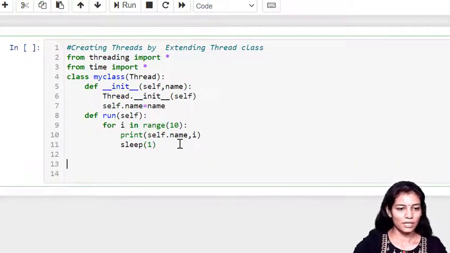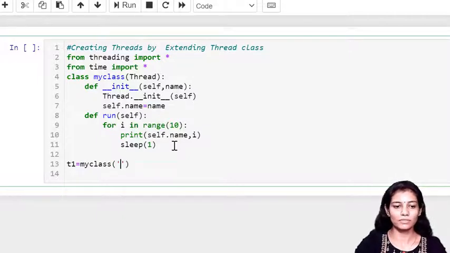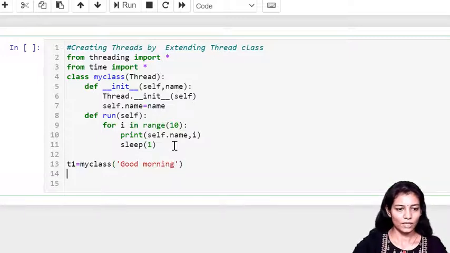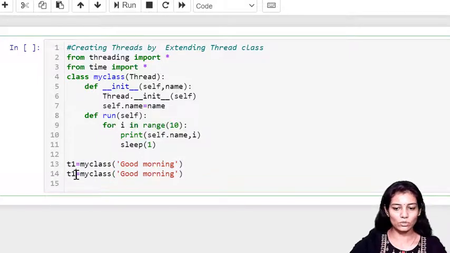After that in the main thread I am going to create the object t1 equal to MyClass, and within that I am going to pass the name parameter. So here I am going to write good morning, and 42 is the second thread that I am going to create, good afternoon.